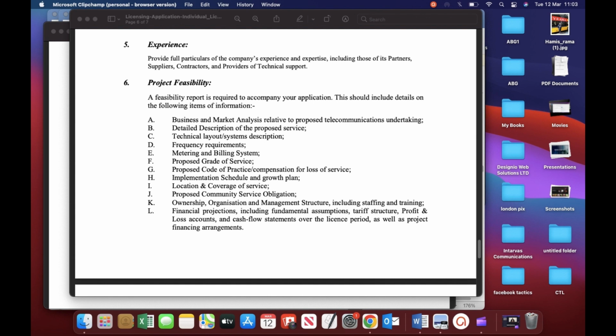So online you don't have to spend money printing your documents, because come to think of it, you are going to submit 3 copies of all the documents that NCC says you should submit. These are your feasibility report, which could be more than 20 pages depending on the license you're applying for, your evidence of funding, your banks, your company documents.